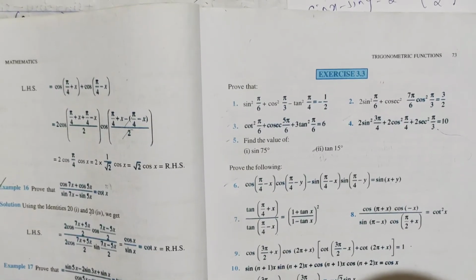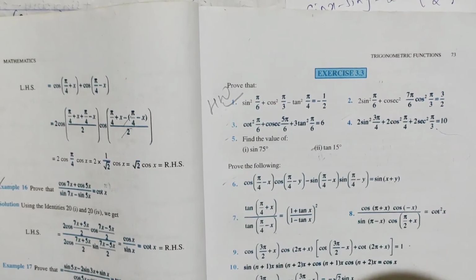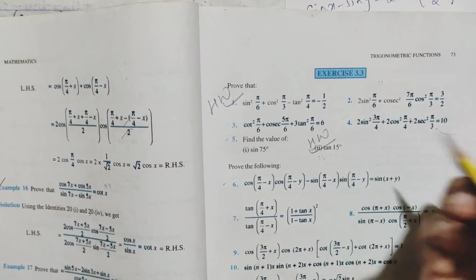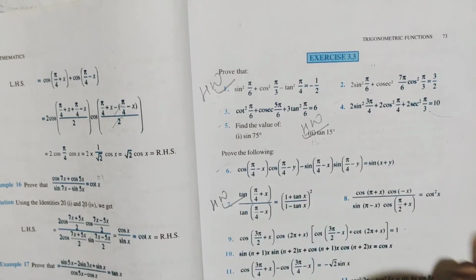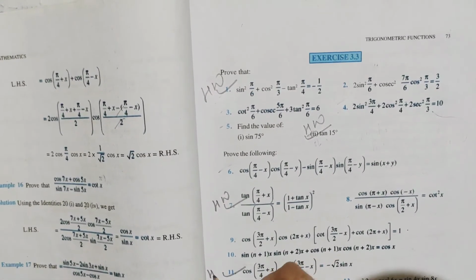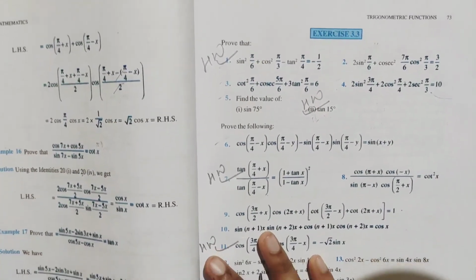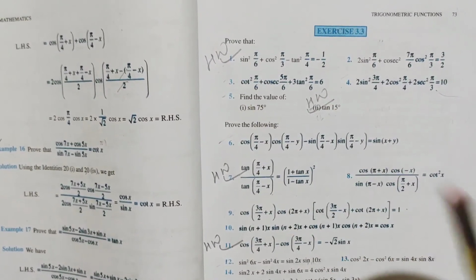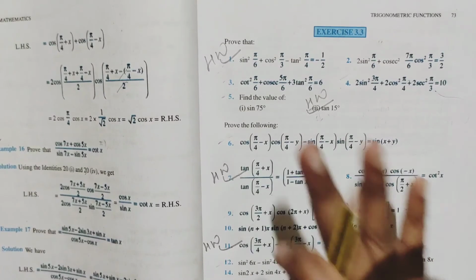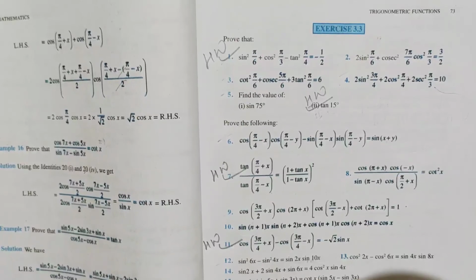Take down the homework, students, from your first main. Take this as homework: the first one, and the 9th one and 11th one. So basically you have 4 examples as your homework part. Whoever doesn't have textbooks, for them I'm just making use of this. Pause the video to note down your questions. I hope it is clear.